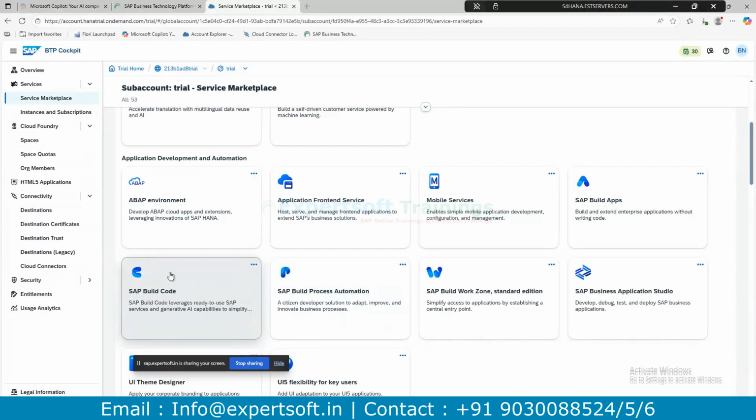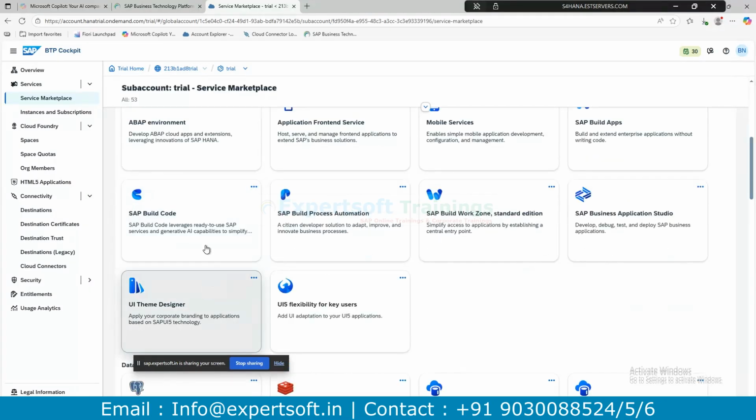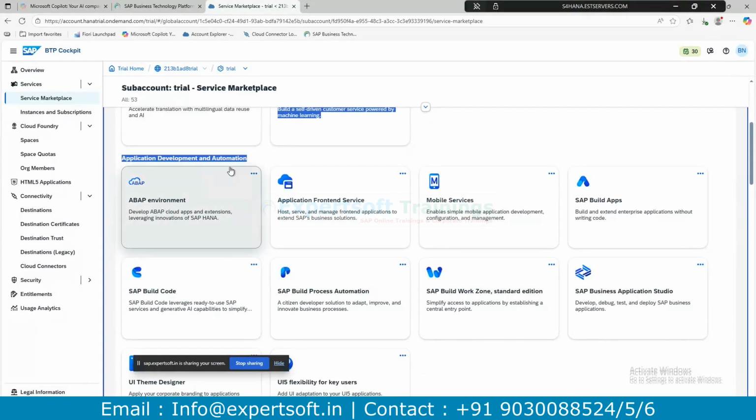SAP Build Code has AI capability to generate CAP applications as well as UI5 applications, with additional features where we have dashboards and navigation properties easily. No need to write them manually. We just click the templates and you can create it. That's Build Code. These come under application development and automation, which we use as developers. These are the services available to subscribe to, each and every one.